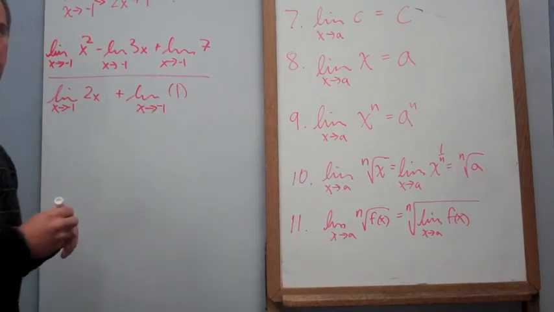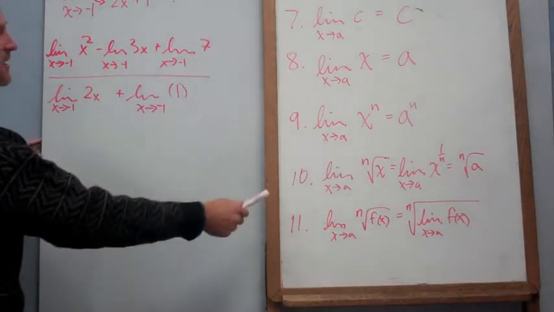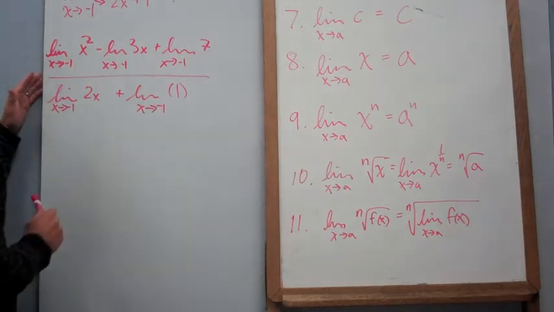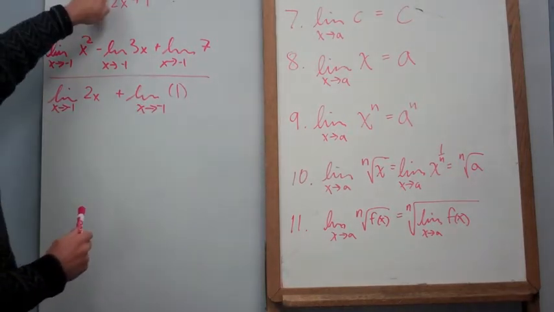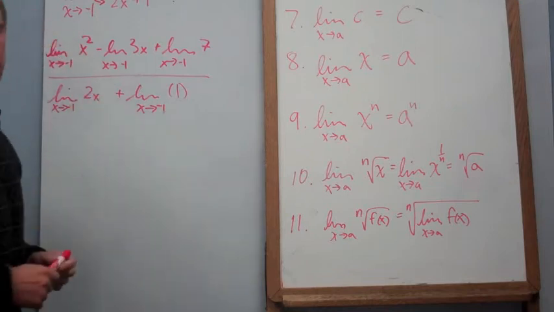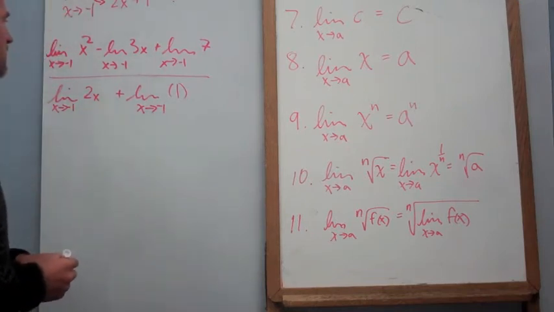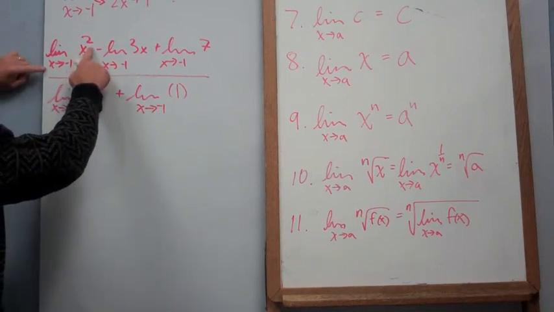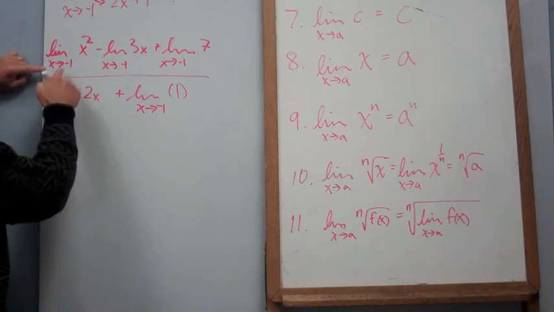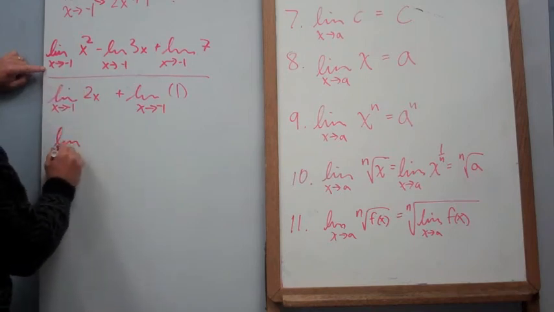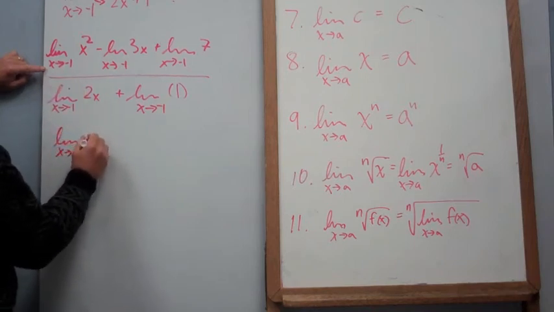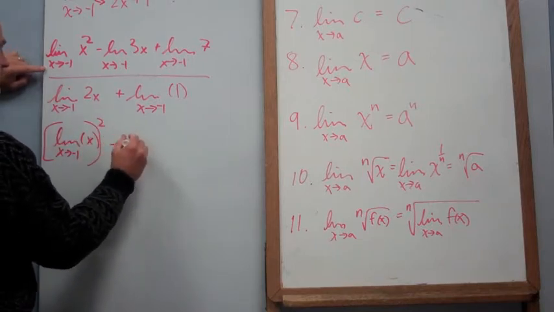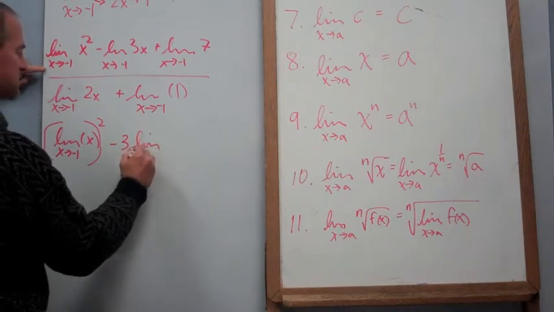So you could pause me and take a look at those laws there and the previous 5, and then list the numbers that go along according to which part of the breaking open of this rational function that we've got. But then you see that as we have a square here, we're just going to simply find the limit as x approaches -1 of x, and we're going to take that and square it, minus 3 times the limit as x approaches